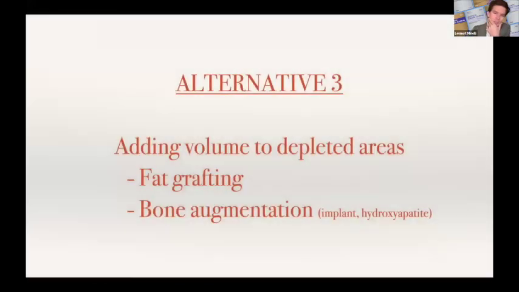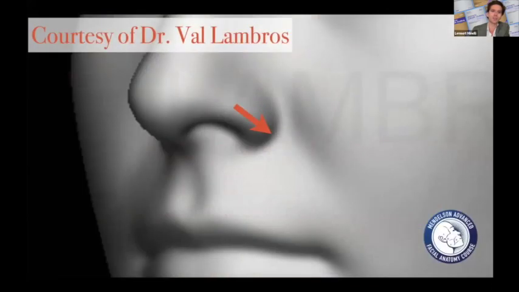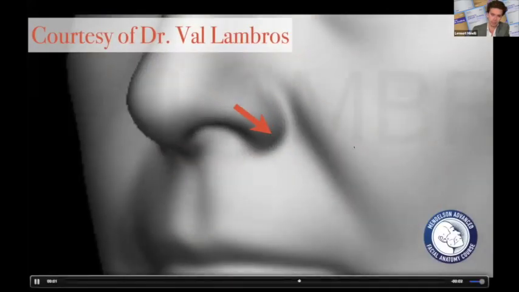So that's the principle, and then the third alternative to this recurrence of the nasolabial fold upon conventional lifting techniques is that you have to add volume to the depleted areas. You can do that with fat grafting, bone augmentation, for example, implant or hydroxyapatite or bone grafts. And this is, of course, all based on the work of Lambros, who demonstrated that there is much more than